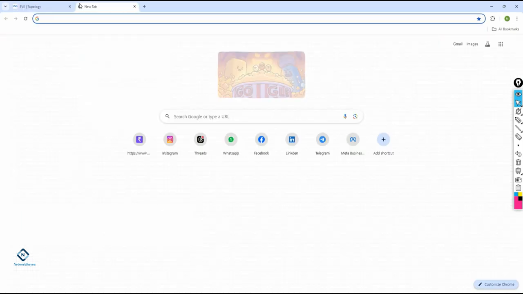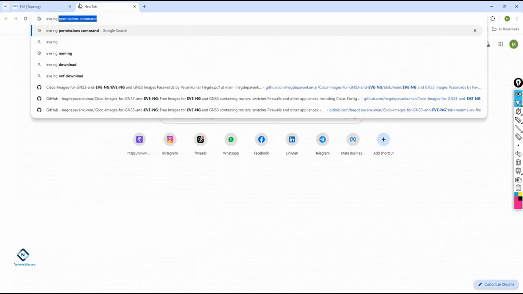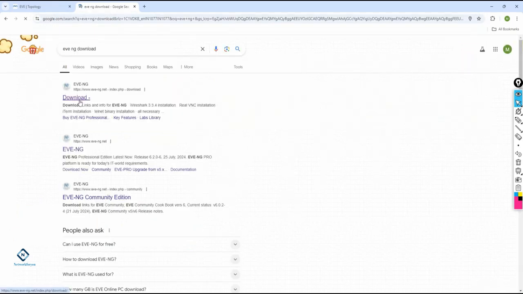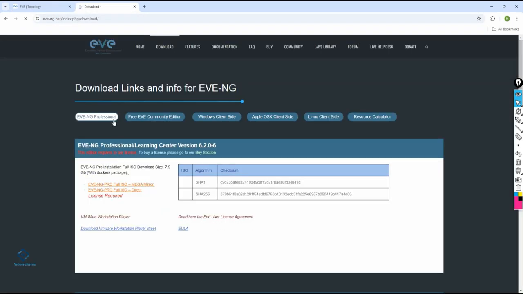We have two editions of EVE-NG. Let me show you the official website. I am just giving you an overview about this also. You have EVE-NG Professional and EVE-NG Community Edition. The community edition is free, and the EVE-NG Professional edition is paid, yearly you need to pay. Here, what advantage you will get is, even if the device is on, you can connect the cable, and here you can run more